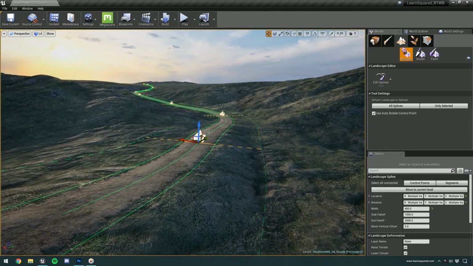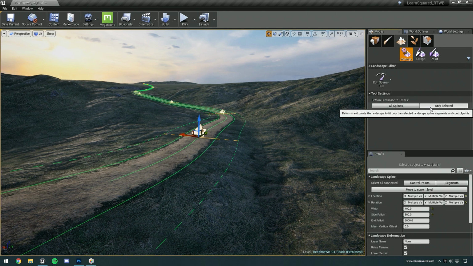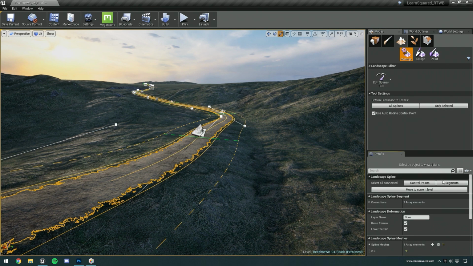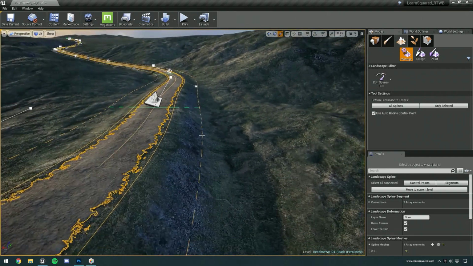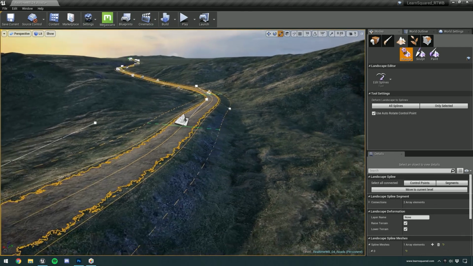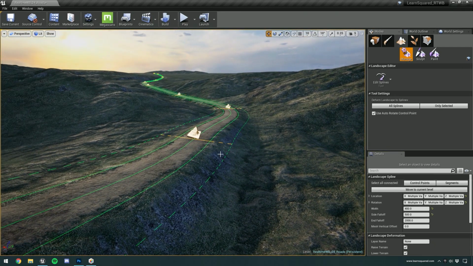And you might also notice that if we raise our road up, so if I select all the control points here, if we raise our road up and we perhaps decrease our side fall off a little bit, this side fall off actually determines how the road becomes deformed. So if I choose segments again and click only selected, you can see that there's a sort of fall off that's formed up until that distance. Of course, if I select all the control points again, move the road even further up,